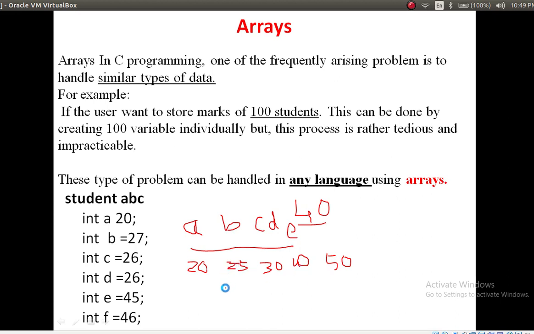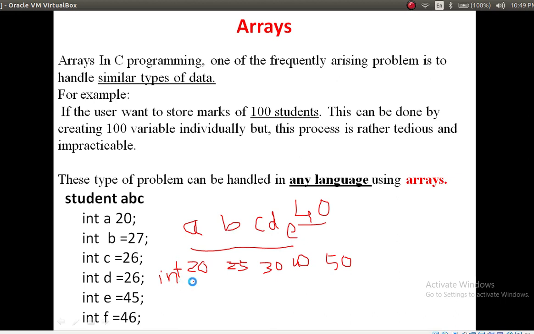So what do you require? Variables. Which type of variable? It is a number, right? So you have to use the int data type.